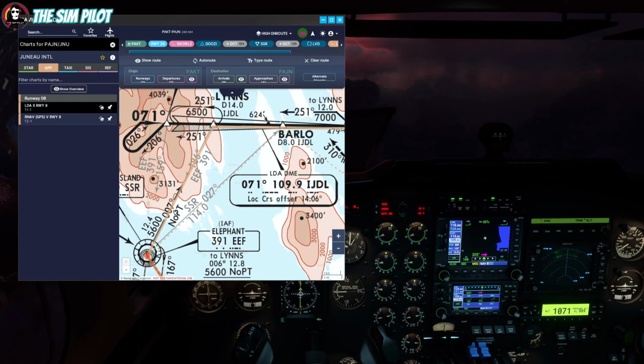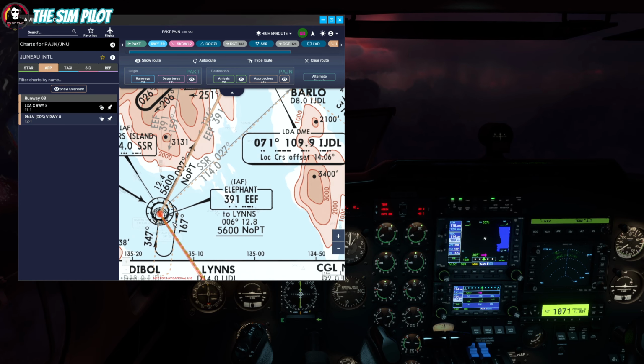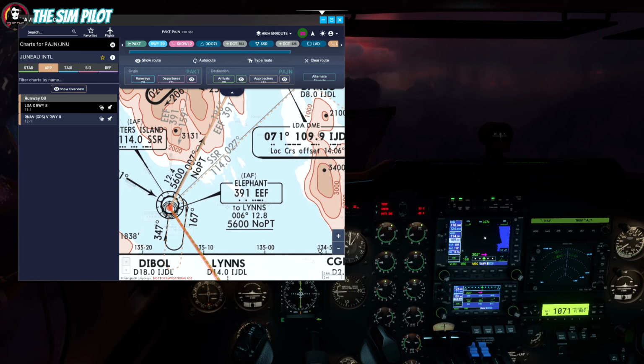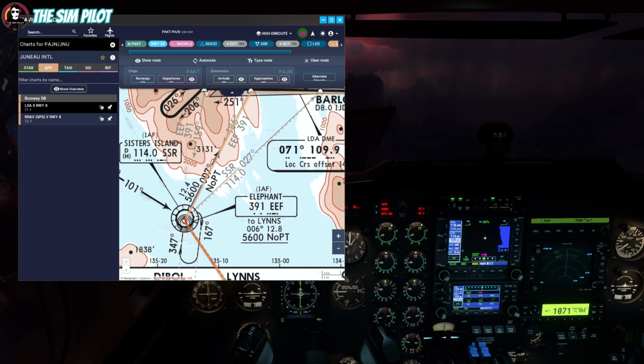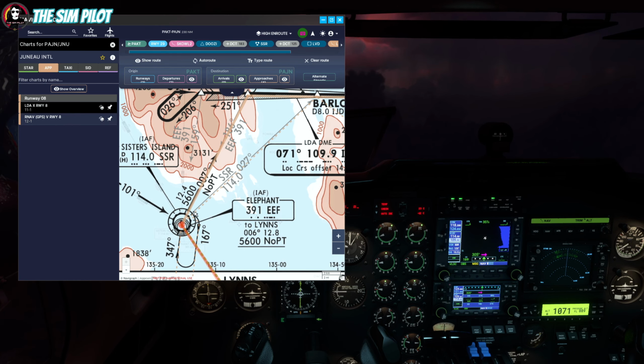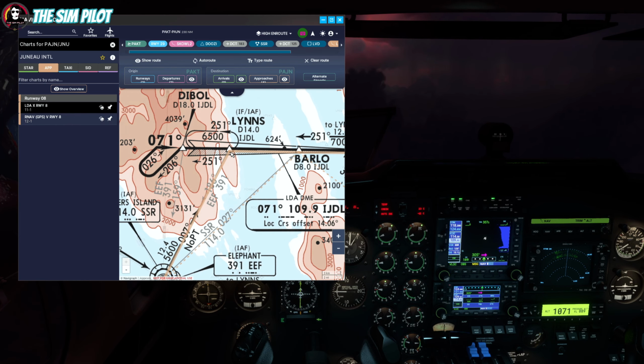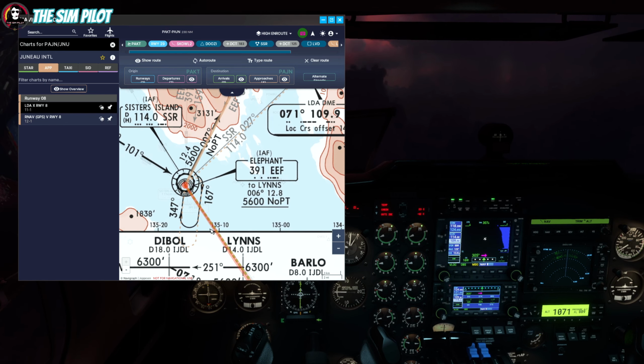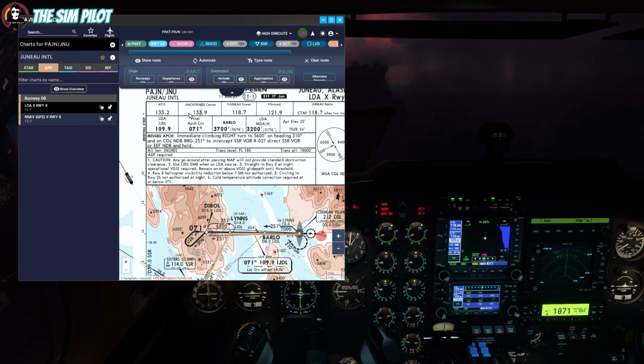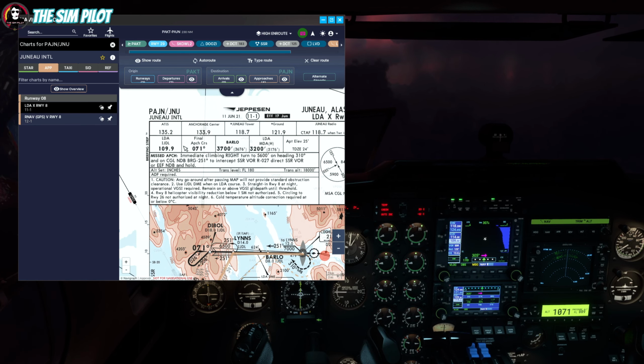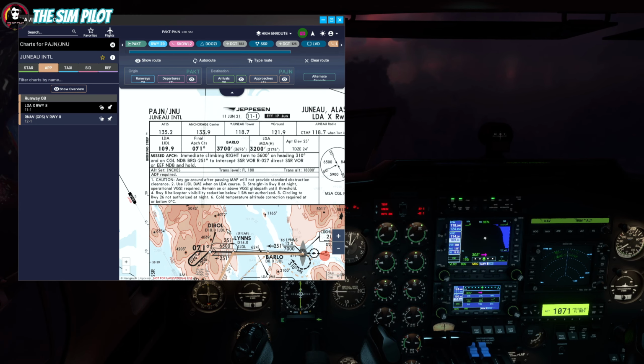So we'll track 007 using Sister Island VOR, same frequency. We will just change the course and you will see that in live demonstration like we did with the Level Island. But this time we will be tracking outbound from Sister Island, traveling towards Linz, and that distance is roughly 12.4 miles. On our vertical profile, because LDA approaches do not have vertical guidance, the pilot needs to descend, and